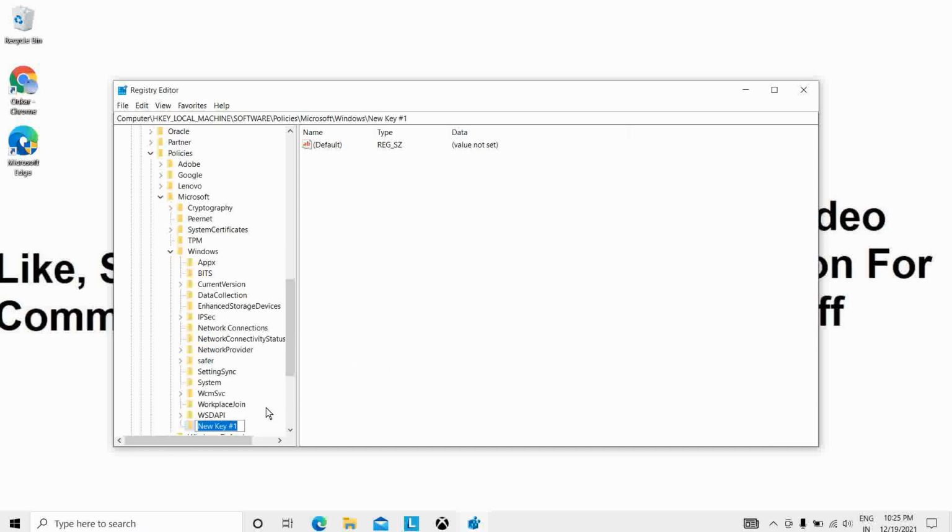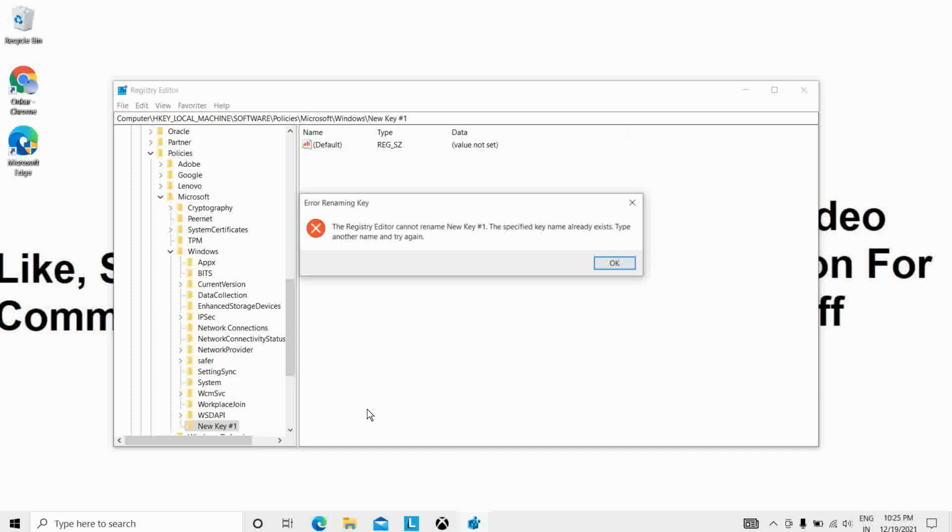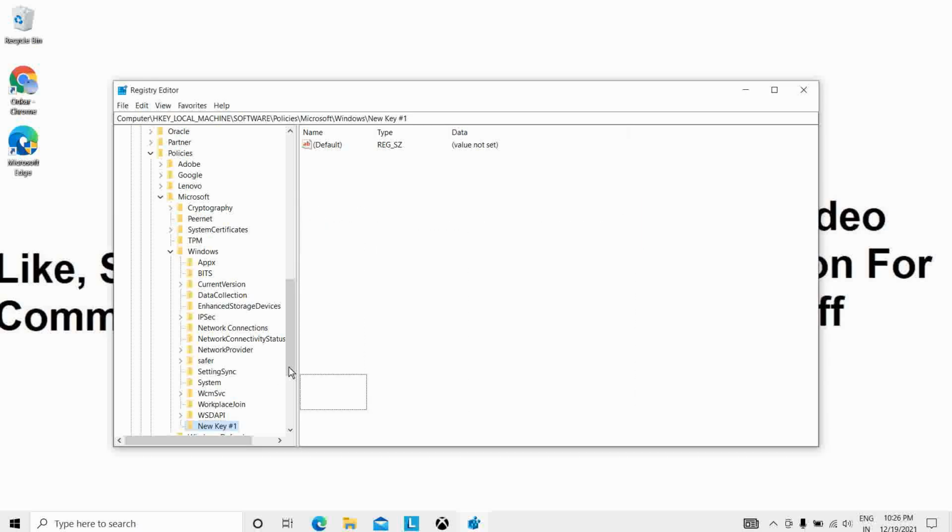Then what you will see is to rename the new folder. It will be called New Key #1. We have to rename the folder New Key and type #1. I already have a folder with that name, so it will not do this.